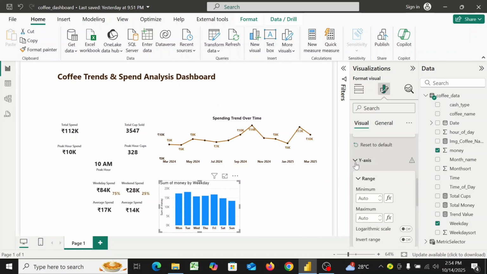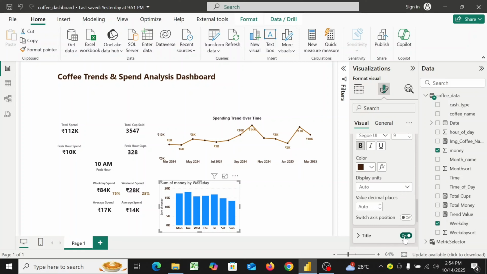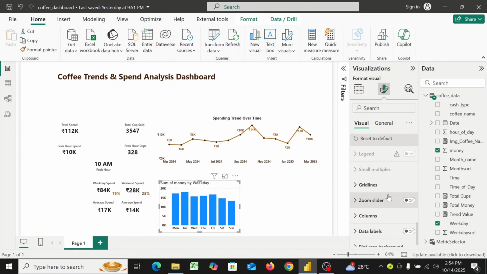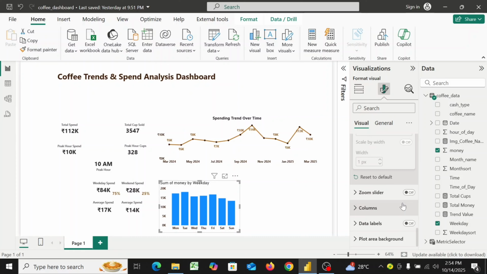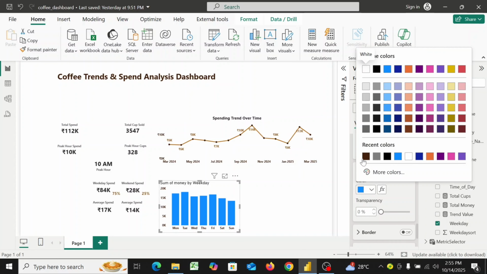Go to the y-axis, go to the values, make it bold, change the color into dark brown and turn off the title. Go to the grid lines, turn off the horizontal lines, go to the columns, change the color into dark brown,